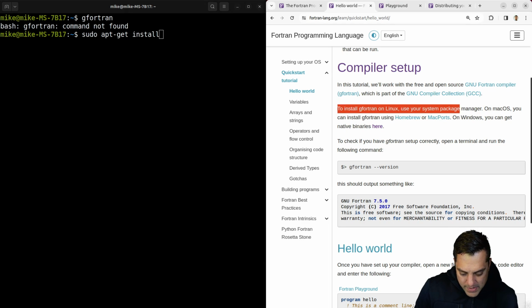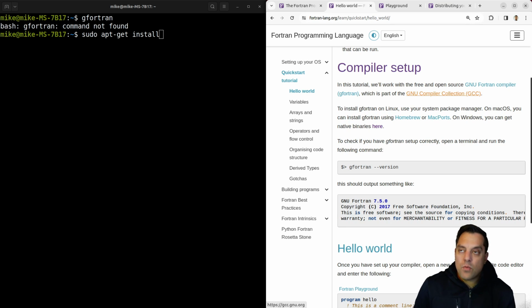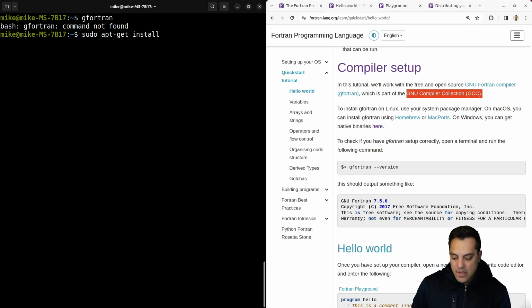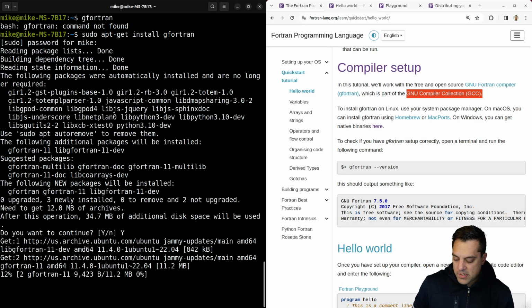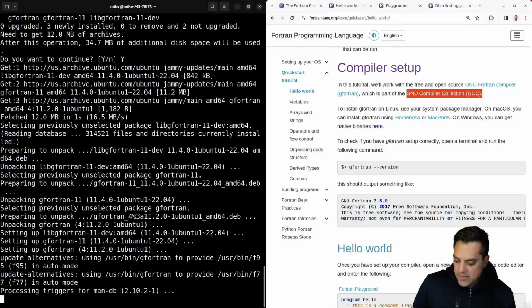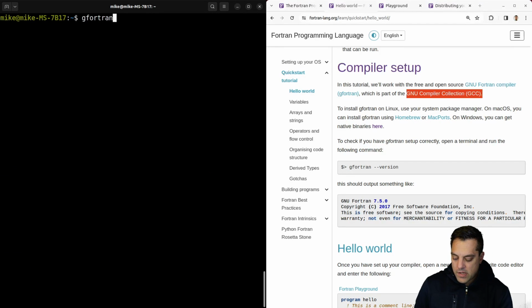It says to use our package manager here, and there are binaries available. If you watch, I have some more videos on compiling GCC, for instance. You could specify your front ends. I have not done that, especially since I've just upgraded to Ubuntu 22. Let's see if this is a nice, easy install for us. If we have Fortran,